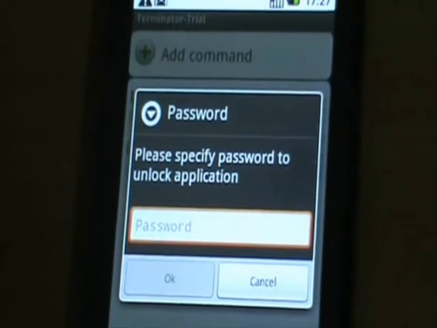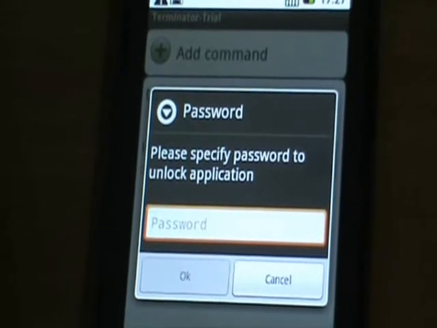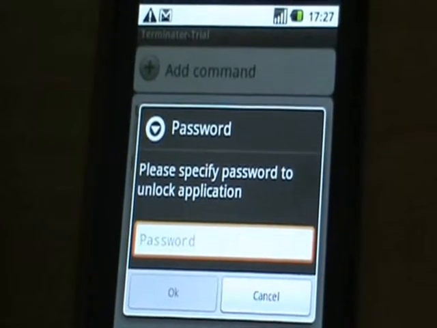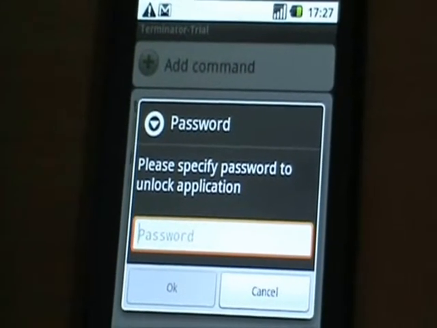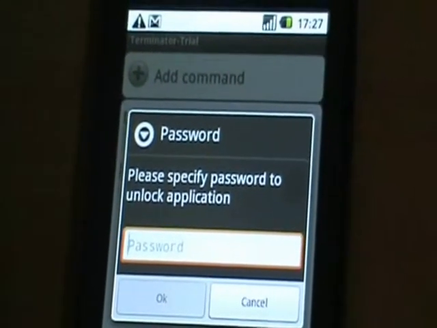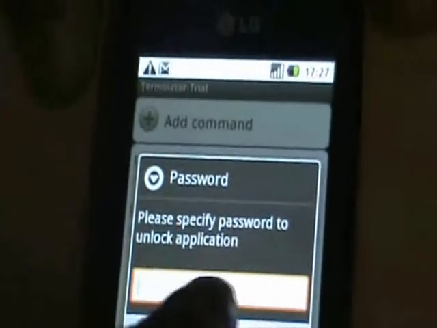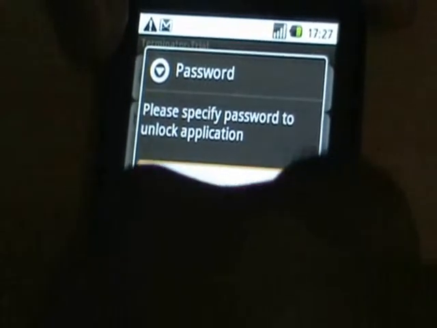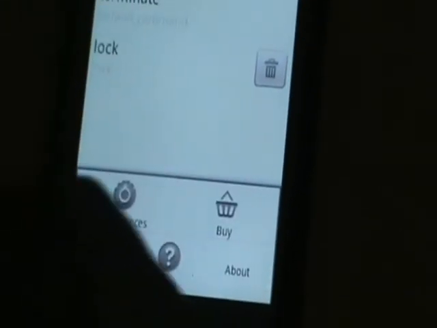Terminator is available with a 3-day trial in the Android market, which can be downloaded from the Android market, and if you like the application you can download the paid version from the Android market. Please let us know your feedback. Send us the feedback. In the application itself there is a provision to send the feedback. If you want to request any enhancement or there is some issues that you feel, you can send us feedback through this.